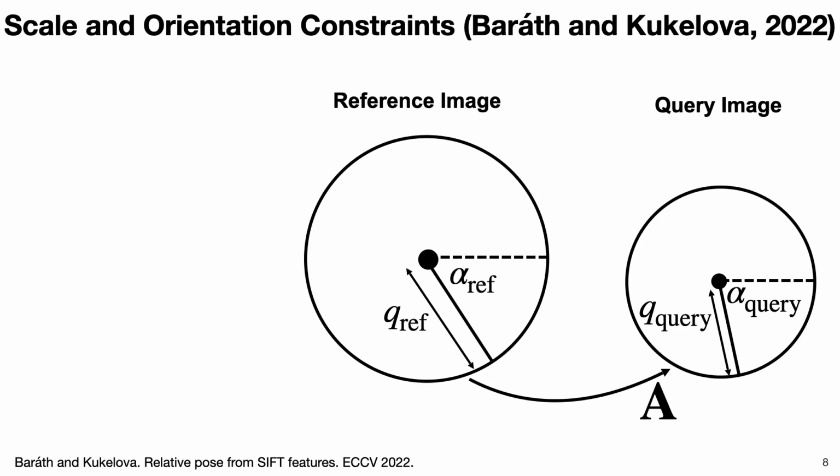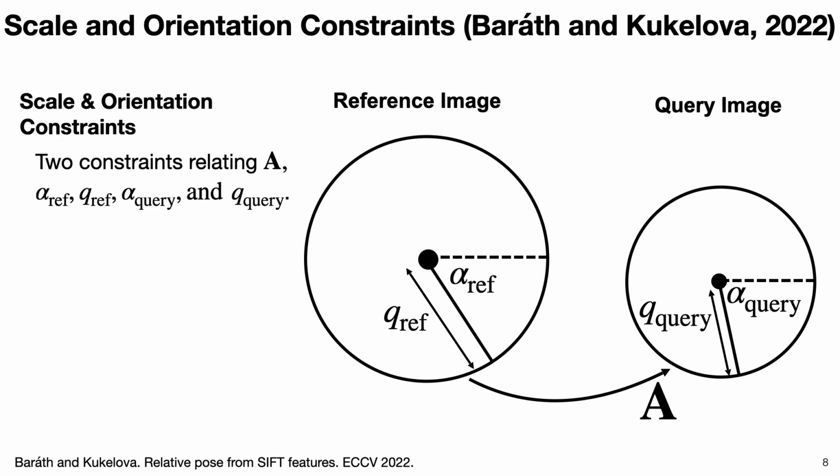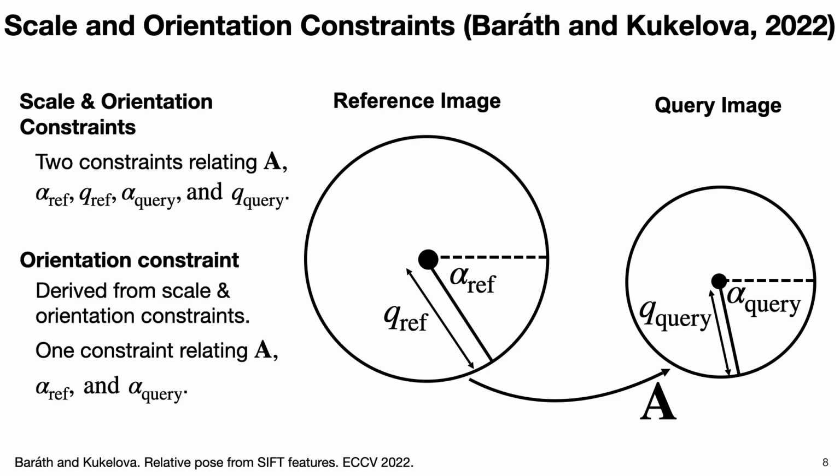Baráth and Kukelova derived two constraints relating the affine transformation and the feature scales and orientations. The constraints ensure that the feature scales and orientations are consistent under the affine transformation. It is also possible to eliminate scale from the constraints to obtain a single constraint involving only the orientations. By plugging in the affine transformation matrix form derived previously, we obtain constraints from the feature scales and orientations on